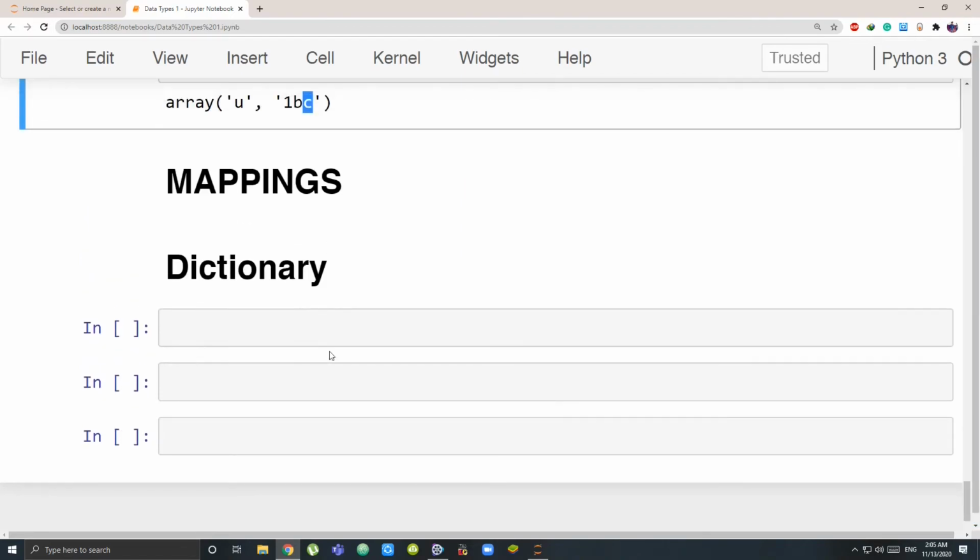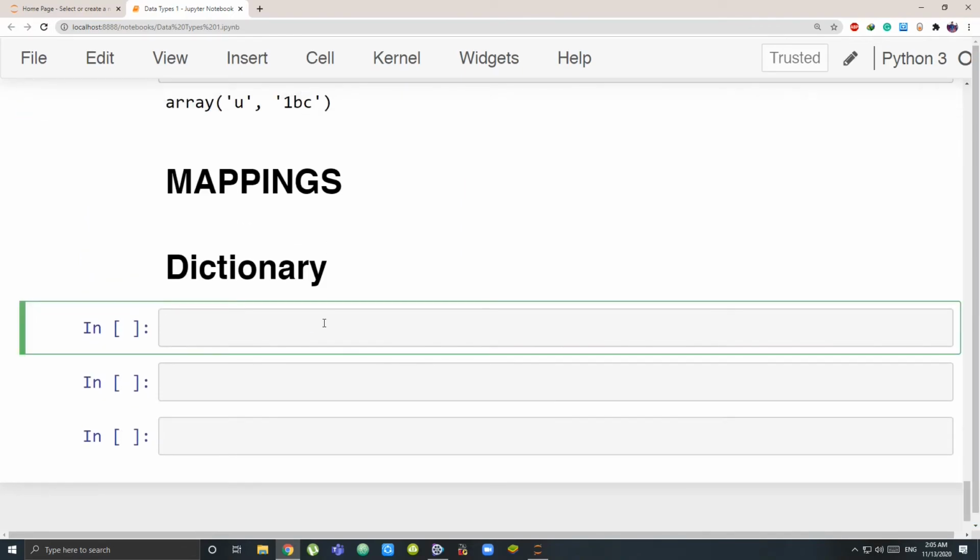Now done with the position. Coming to mappings, that is the dictionary. Dictionaries are something different and a huge concept. It is again a collection of many data types, but what is the difference compared to list, tuple, sets? You don't have order. There's no order. Secondly, they have something in place of order: every value that you store will be associated with a key. Instead of a position, it will be associated with a key.